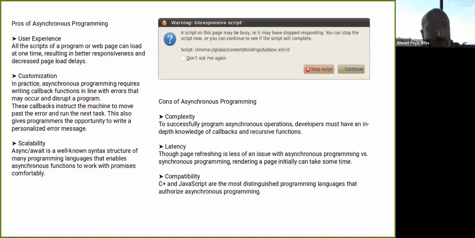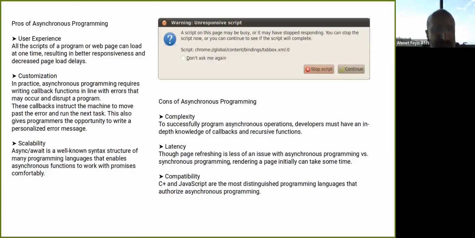What are the pros, the advantages, of asynchronous programming? User experience. When you write asynchronous programs, your page, your software, your user interface becomes more responsive. Why? For example, you have many interactions on your website or your mobile application. If one of the items or features cannot get a response, you may continue to load the page.